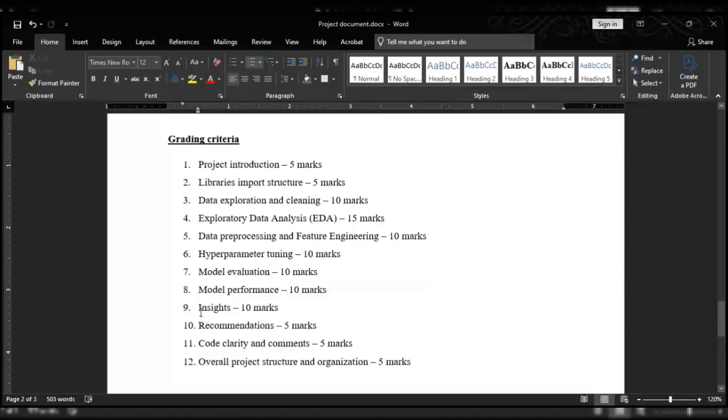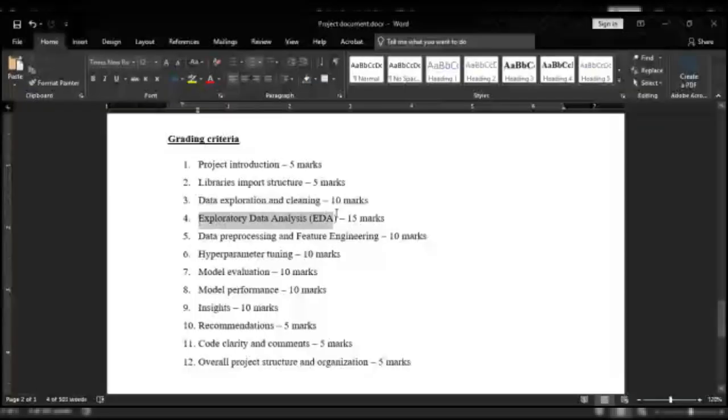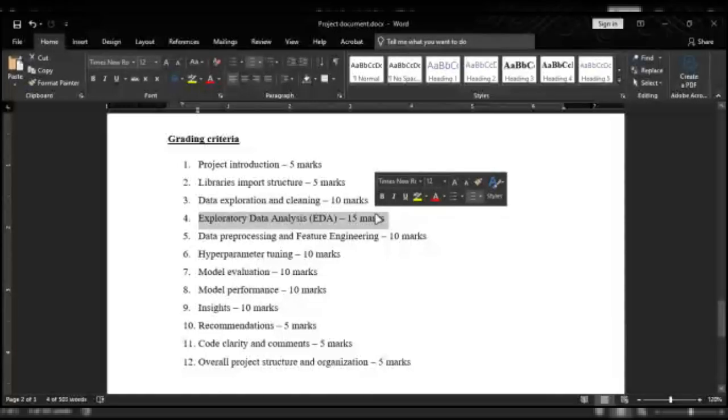The insights from your EDA would also be considered. This EDA here is different. This EDA is the process of you performing the EDA, the techniques that you used, the methods and all of that, the way you structured your charts, the aesthetics of your charts, and the statistical methods, whether you used group by or whatever it is, right?